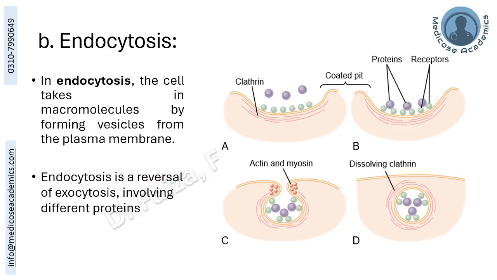The reversal of it is endocytosis, in which a substance is taken into the cell from outside. As you can see over here, it attached to this receptor protein. Inside, it was coated by clathrin protein. It started invaginating, converting into an endocytotic vesicle, which was pinched off by the contractile proteins, including actin and myosin. And the endocytotic vesicle was ultimately released into the cytoplasm.